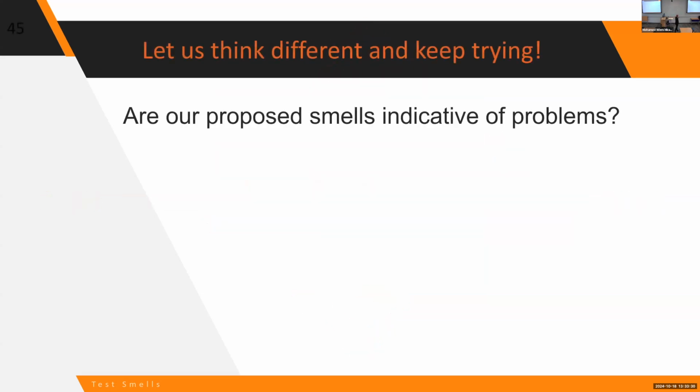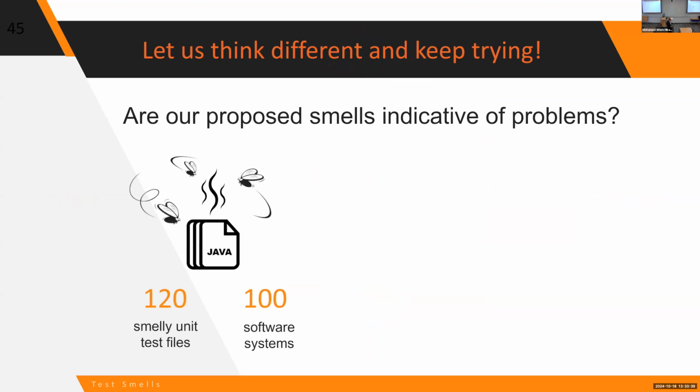We give it one more shot. We look at whether these are really problems or not. So we went online to GitHub. We looked at active projects. We select some of them. We found a lot of these issues in their test cases. Because we know we can find these commits, we can know who wrote this piece of code, right? So we know the owners of the code.